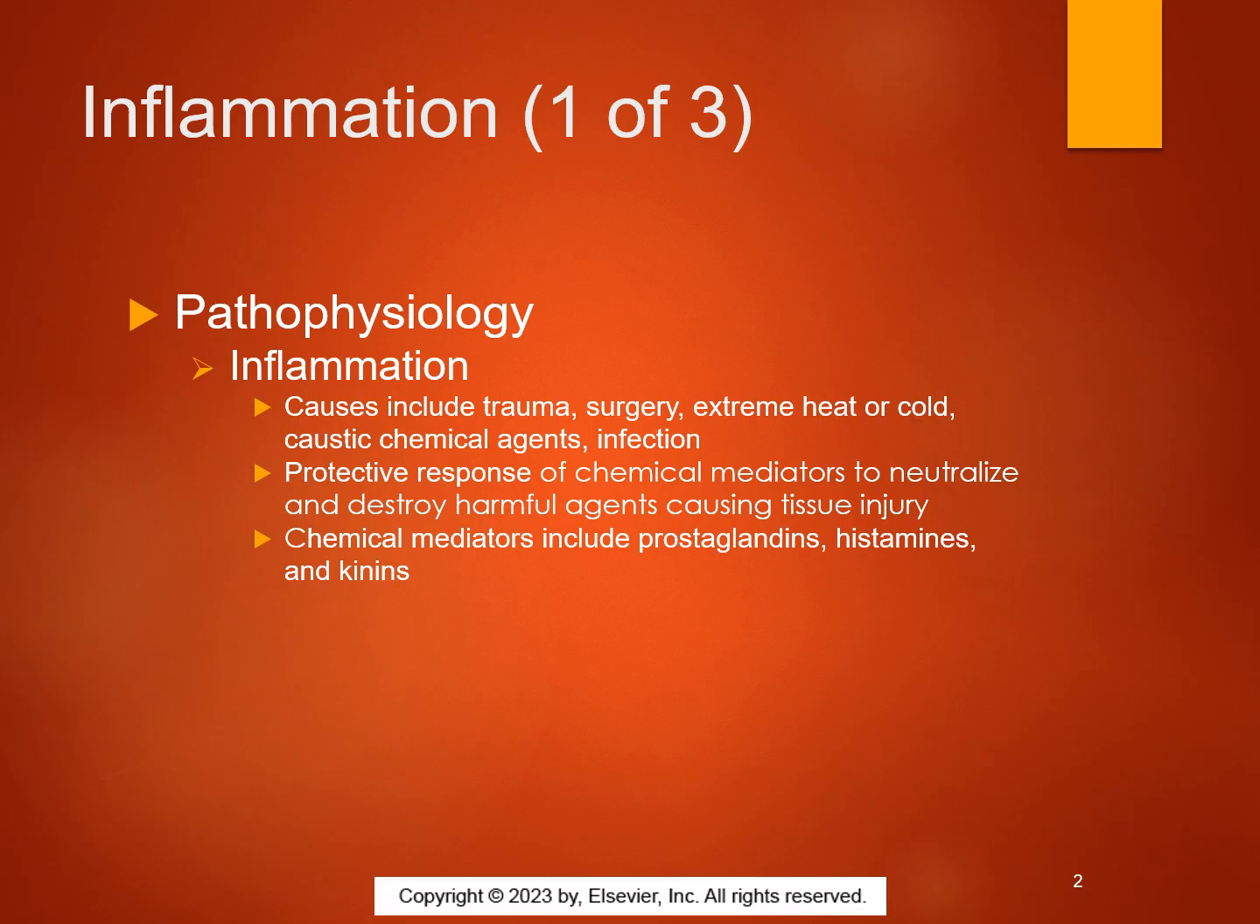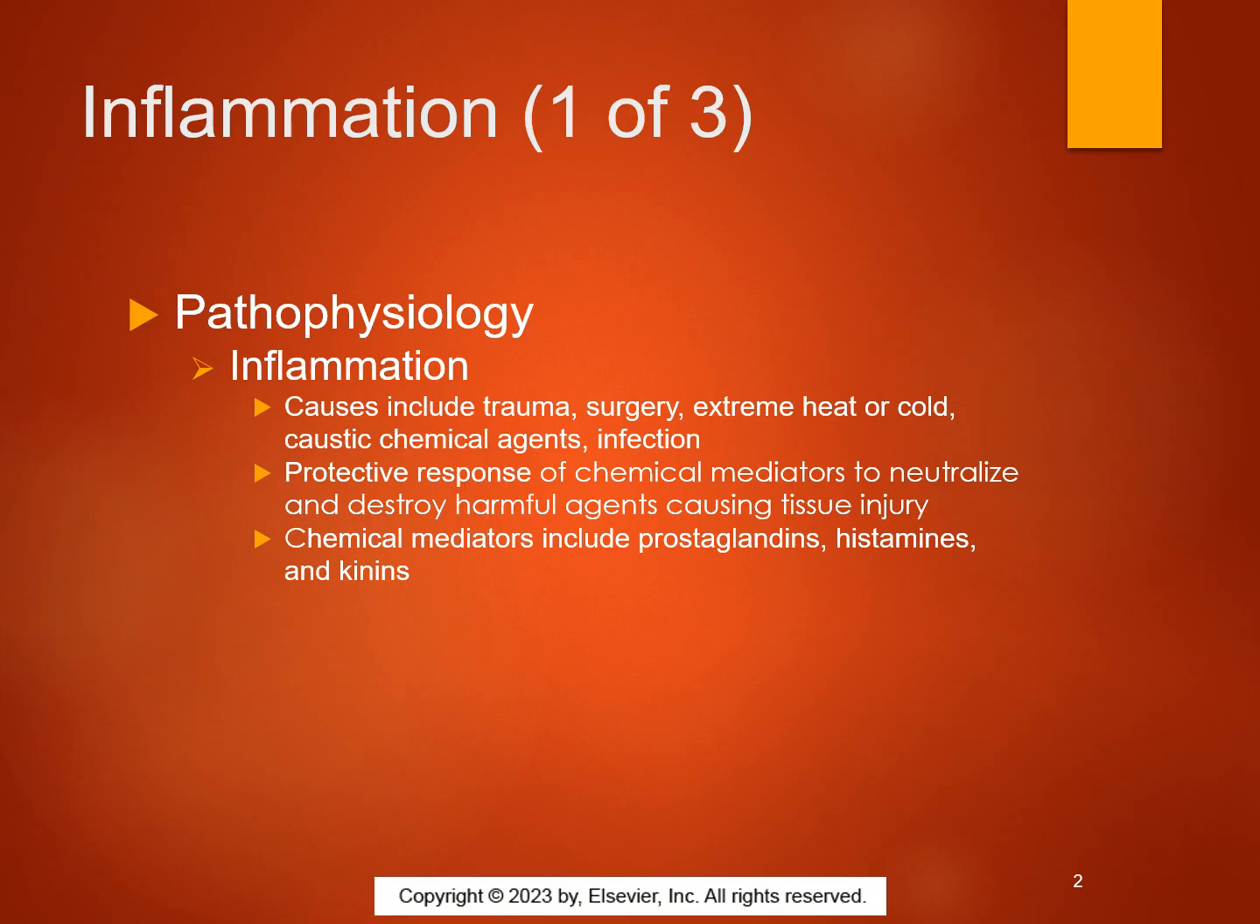Kinins are responsible for pain and swelling. They stimulate nerve endings, which is why inflamed tissue feels tender and throbbing. The prostaglandins are produced at the site of injury and are key players in pain, fever, and inflammation, and they